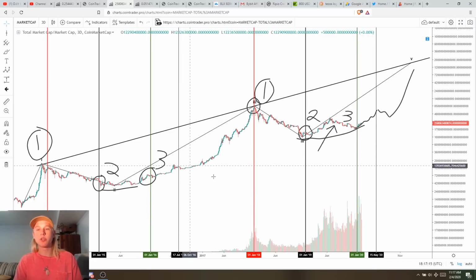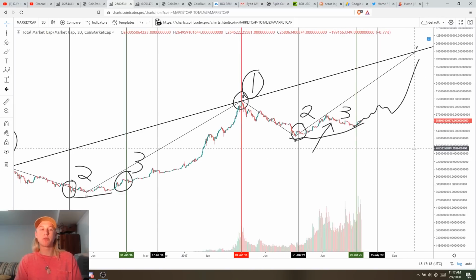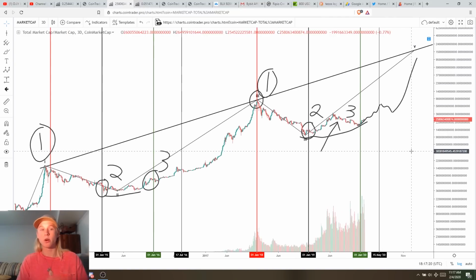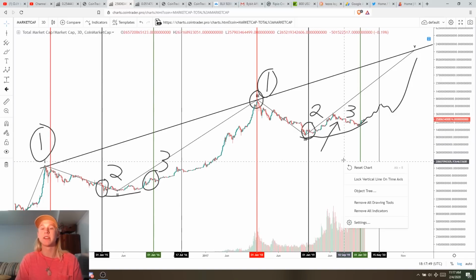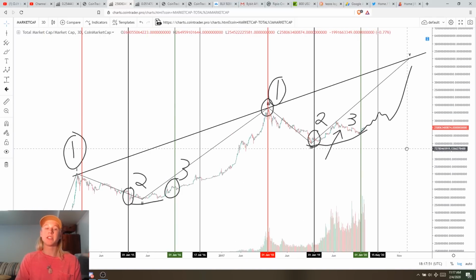So I wanted to share this with you guys because this to me is the most important chart that we can look at if you're an altcoin holder or investor. I think that this is the most important thing that we can look at because the cycles line up almost identically. And if you can get this much proven accuracy from a big picture trend, then there's really no reason to be basing your strategy on anything else, in my opinion. I mean, sure, there might be other things that are at least this accurate, but I think that the majority of people out there that are investing in cryptocurrency don't have a plan that is almost this exact. And so this is the way that I'm actually playing based off of my investing.